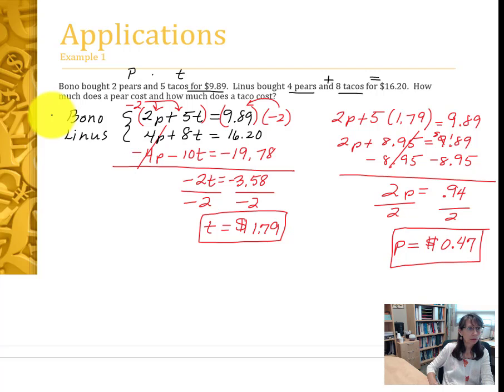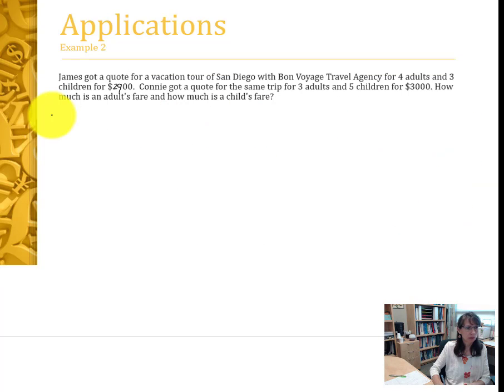And the question, how much does a pear cost? We know that is 47 cents. How much does a taco cost? That's $1.79. In our last example, we have James, who got a quote from a vacation tour of San Diego